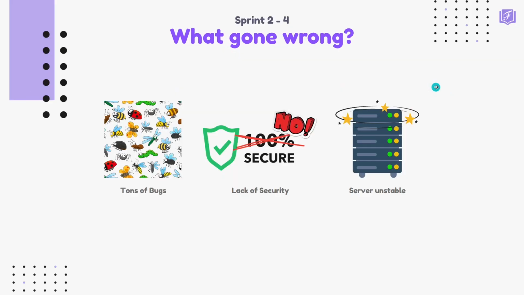Of course, there were tons of bugs, a lack of security, and an unstable server. Bugs can happen since we created a lot of features, and we needed to hand each feature over to each other since we have a lot of front-end developers. Sometimes we needed to push this one to another one, and sometimes it happened that we had a lot of bugs and misunderstood concepts, so it took a lot of time. The second one is the lack of security. Since we tried to create a lot of features, of course the back end was chaos and had no security.